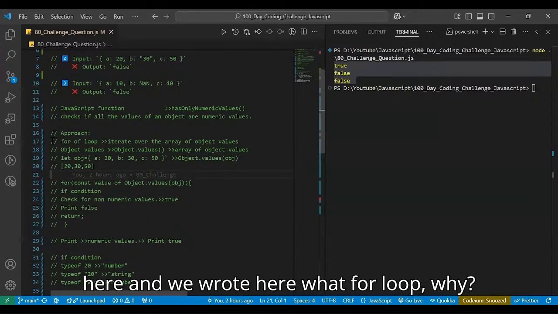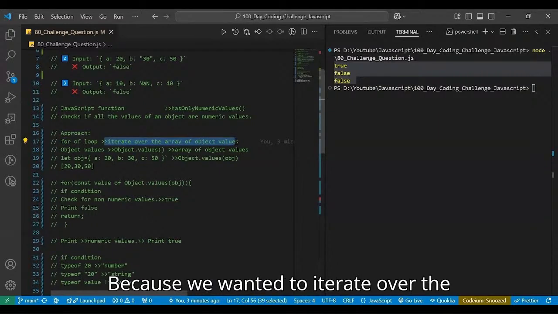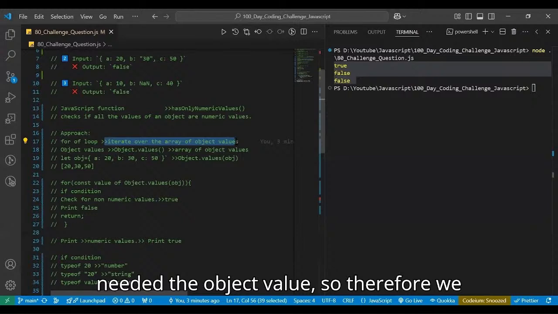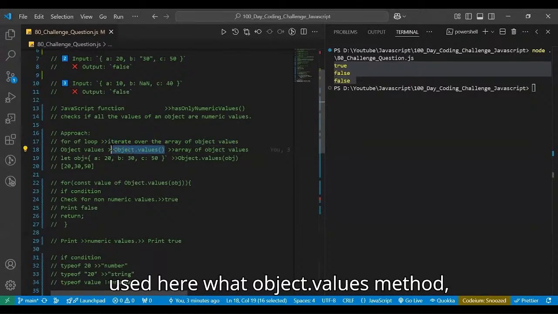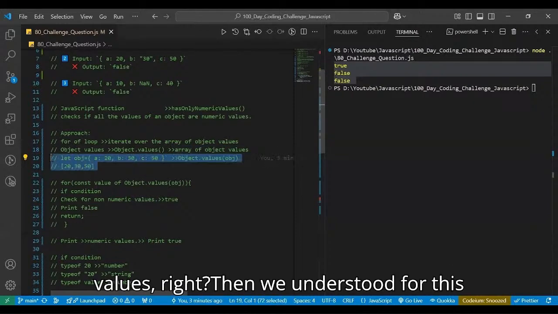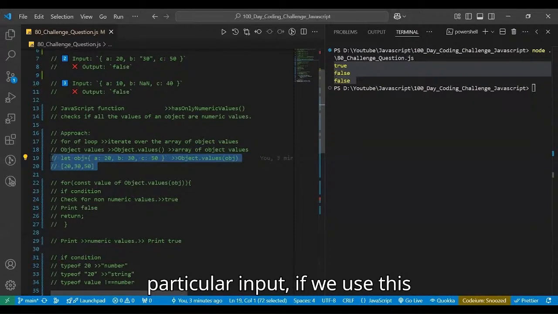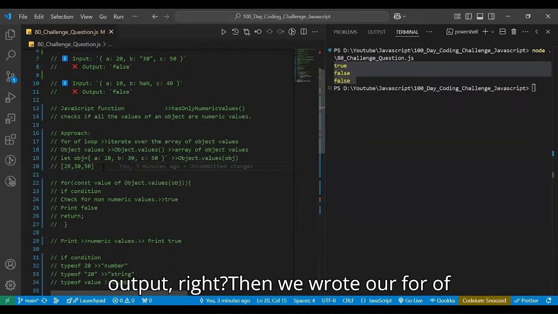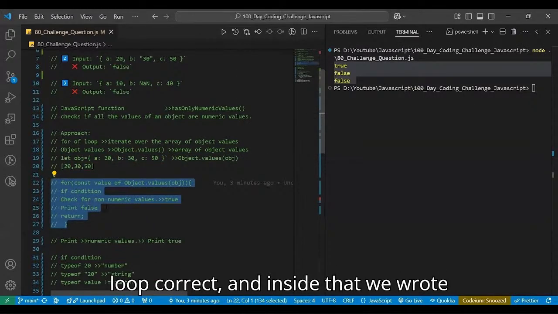Then we came here and we wrote a for loop. Why? Because we wanted to iterate over the array of object values, right? Now we needed the object values, so we used the Object.values method and we got an array of object values, right? Then we understood for this particular input, if we use this particular method, what will be the output, right? Then we wrote our for of loop, correct? And inside that we wrote our